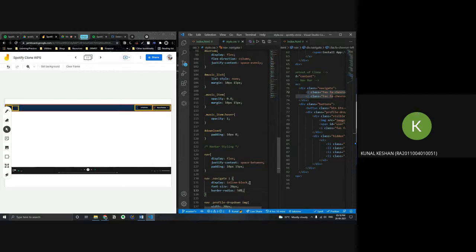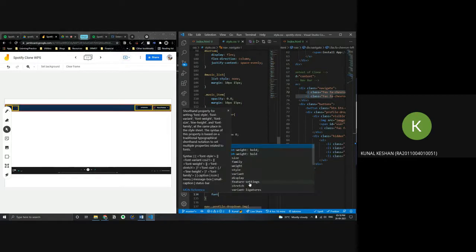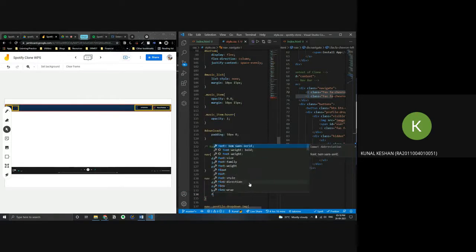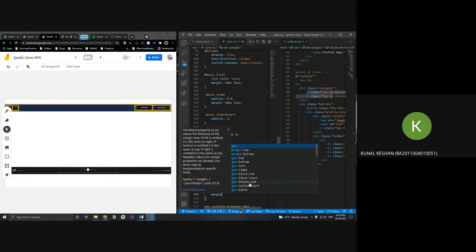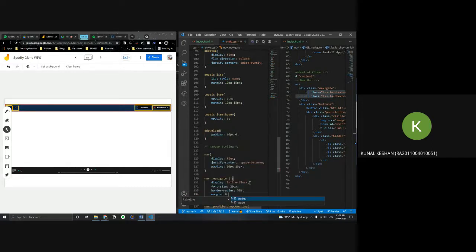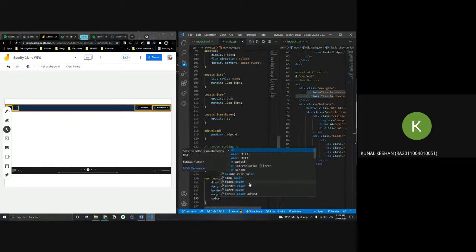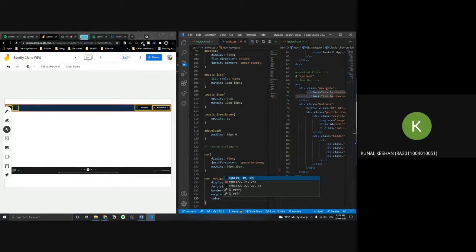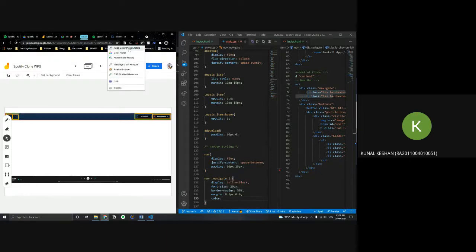Then maybe, oh yes, spacing between the two buttons. So you give a margin of 0.5 pixel, and then it's a green color. I mentioned last time that you can use this Chrome extension called Color Picker or Colorzilla, and you can choose which color you want from the website and just copy paste it.